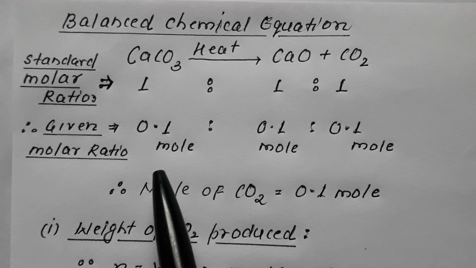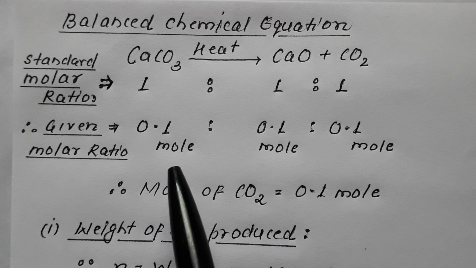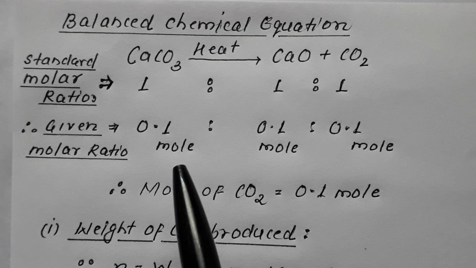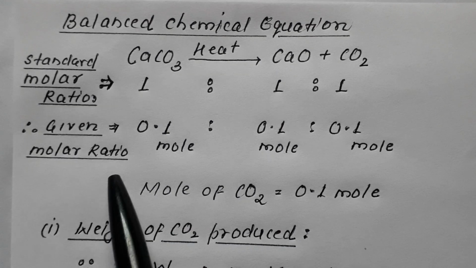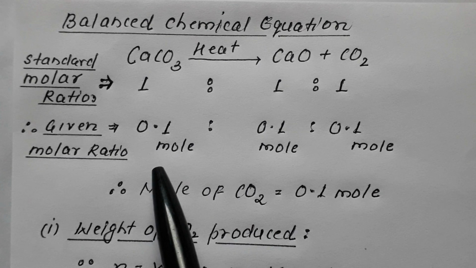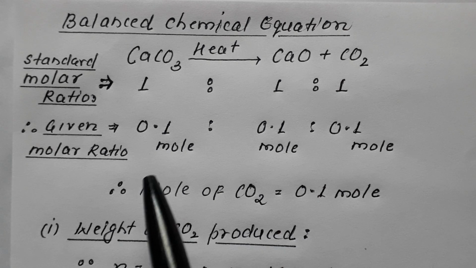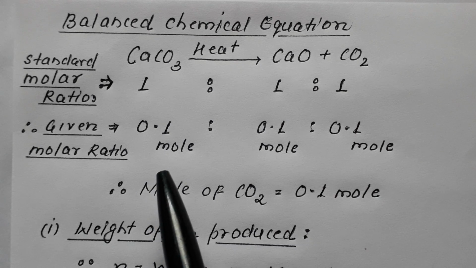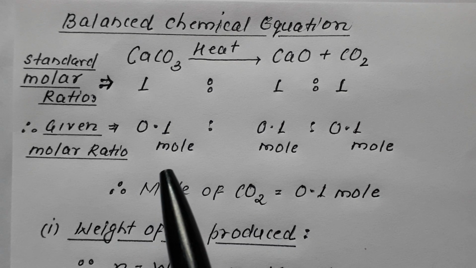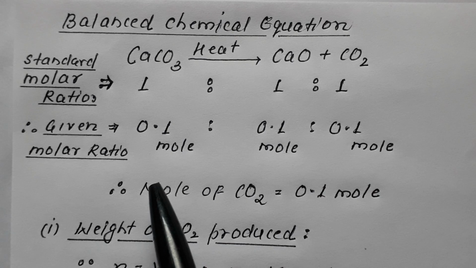But we were given 10 grams of CaCO3. Since nothing has been said about the purity, we will assume that it is 100% pure. We have converted the weight into mole, and that was 0.1. So we have been given 0.1 mole of CaCO3. It is better to convert weight into mole. You will find this type of numerical easy to solve if you convert the given weight into mole. Remember, don't go weight wise, it is better if you go mole wise.